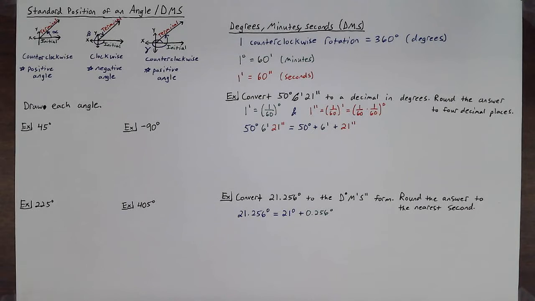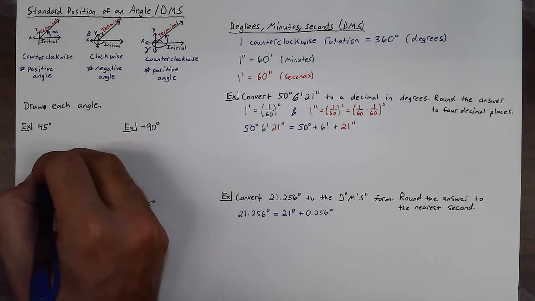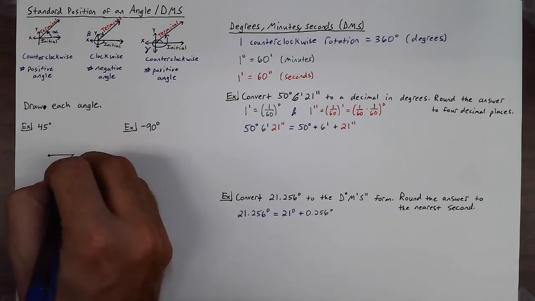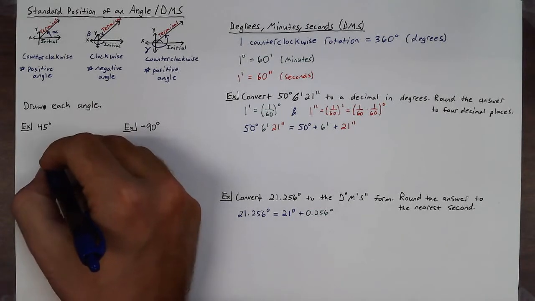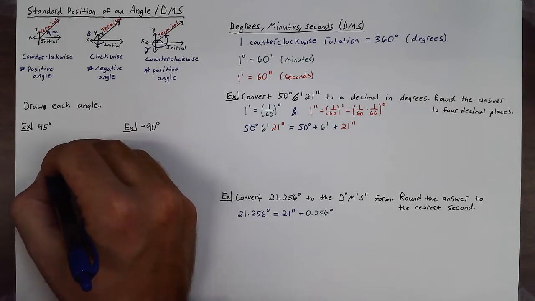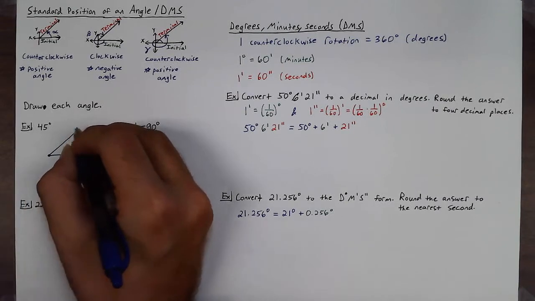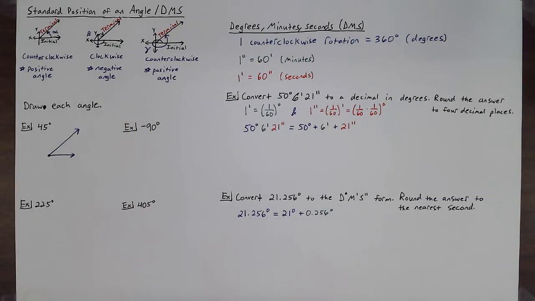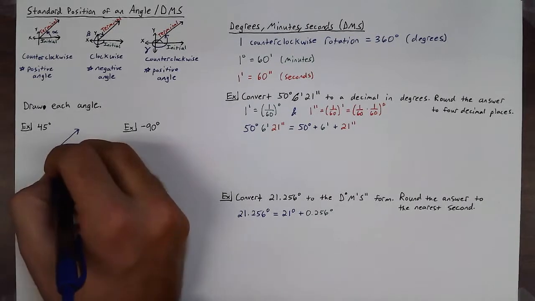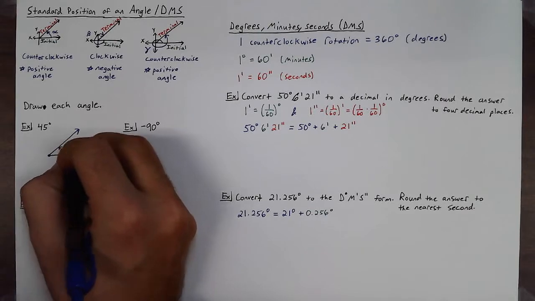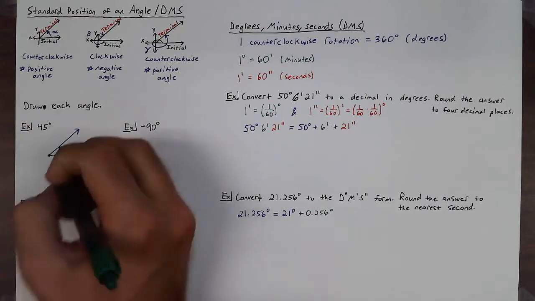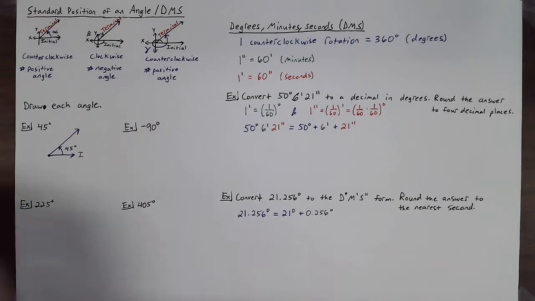So if I wanted to draw an angle in standard form, I would first start by drawing a ray and pointing it out to the right, so kind of along the positive axis. And if I wanted to create 45 degrees, which is about half of a right angle, I would put my terminal side up there. And what happened was I rotated from the initial side to the terminal side 45 degrees. And that's how you draw an angle in standard form, which can be very helpful when you're trying to